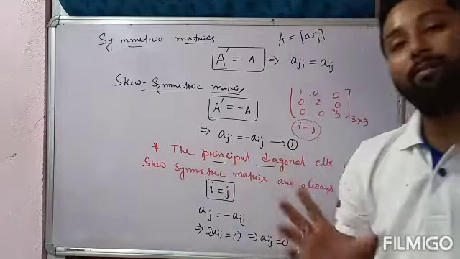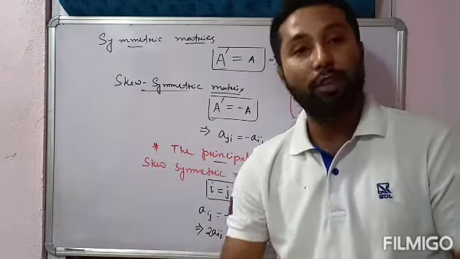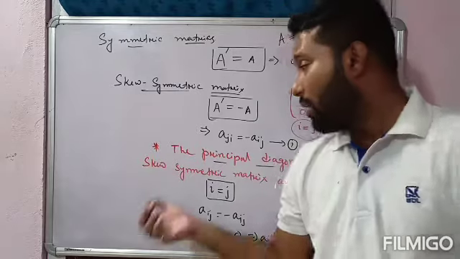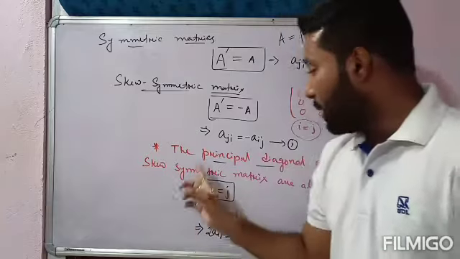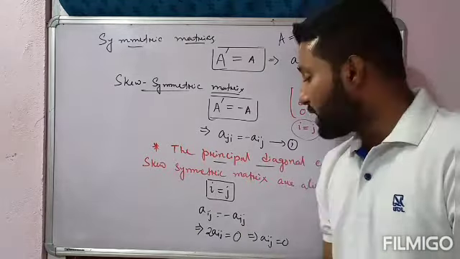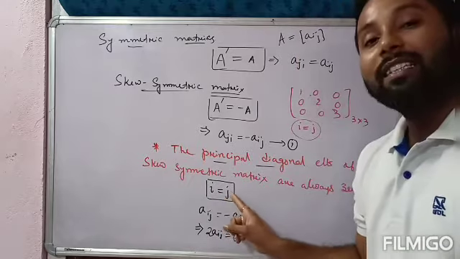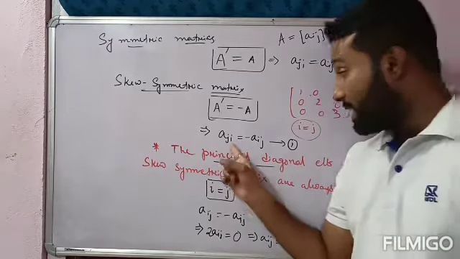यह पॉइंट बहुत इंपॉर्टेंट है, याद रखना है. कभी कभी ट्रू फॉल्स भी पूछ सकता है, कभी कभी छोटा एक थ्योरम भी दे सकता है in case of council board, whereas CBSE में ट्रू फॉल्स भी आ सकता है. So सबको याद रखना है. Okay, the principal diagonal elements of a skew symmetric matrix is equal to 0, because if I use this condition i is equal to j, then only we'll get aij equal to 0 in this equation.